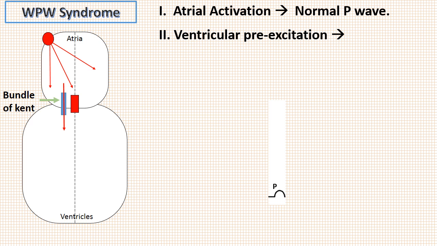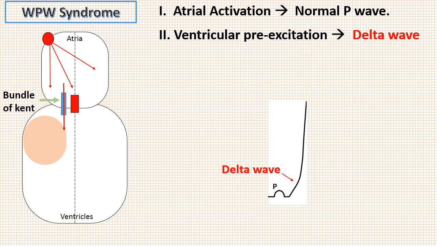So, part of the ventricles is activated, or we can say part of the ventricle is pre-excited, and this is reflected in ECG as short PR interval. And this pre-excitation of ventricles is slow because impulses are traveling through ventricular muscle, not through a specialized pathway like bundle branches. So in ECG, there will be slow and slurred upstroke in QRS complex, which is known as delta wave. It will also prolong overall QRS duration.